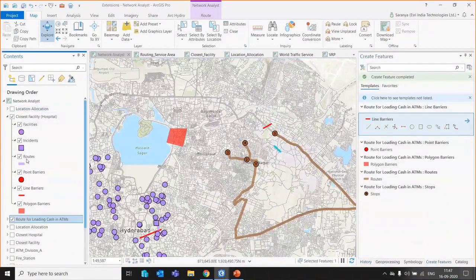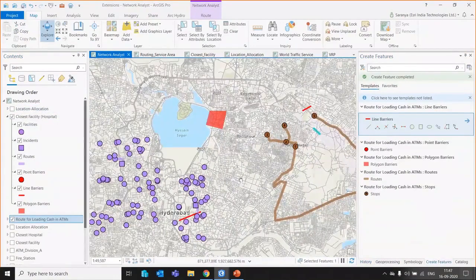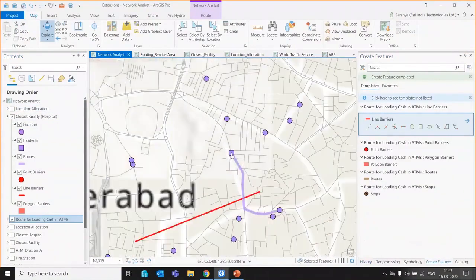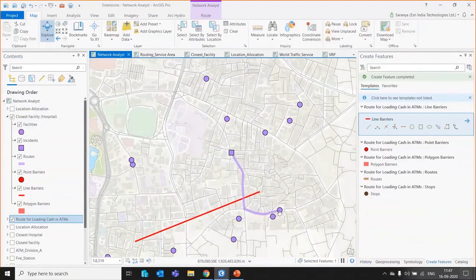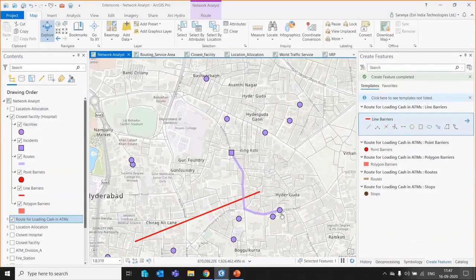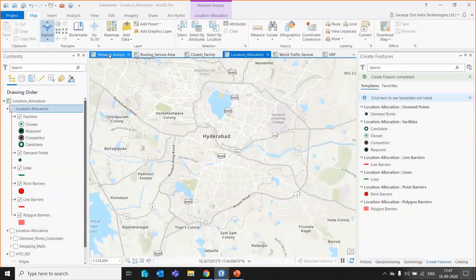So if we have the routes here, you can see the model has identified, from my incident location, the nearest point. So such type of analysis can also be done. And another